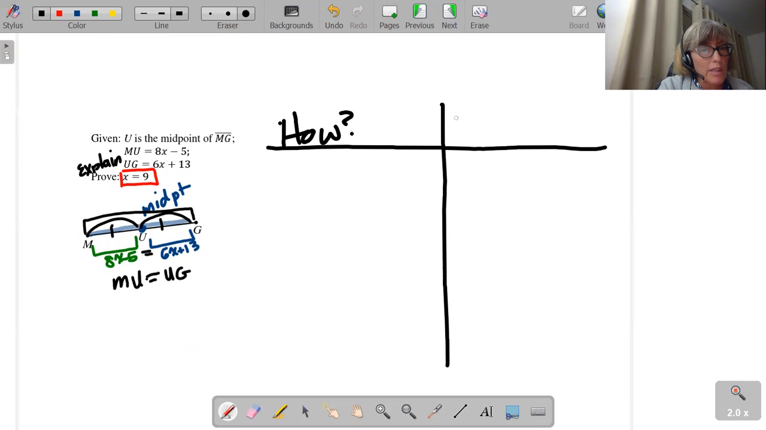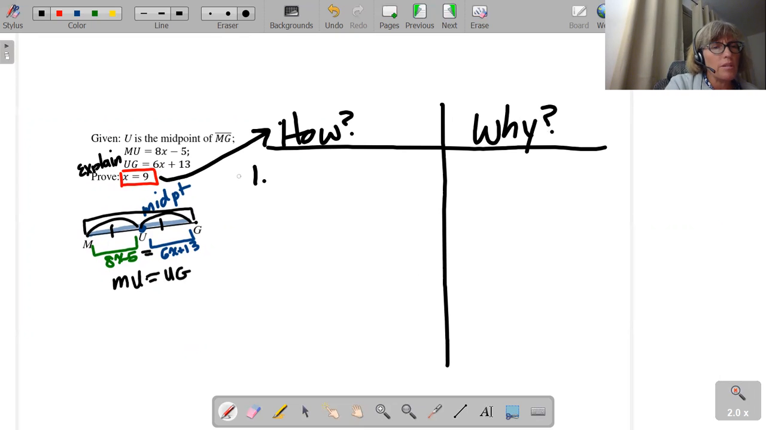How do you get to the answer? X equals 9, that's the how, the statements. And then why is each step legal? There's your why. Number 1, we're simply going to say U is